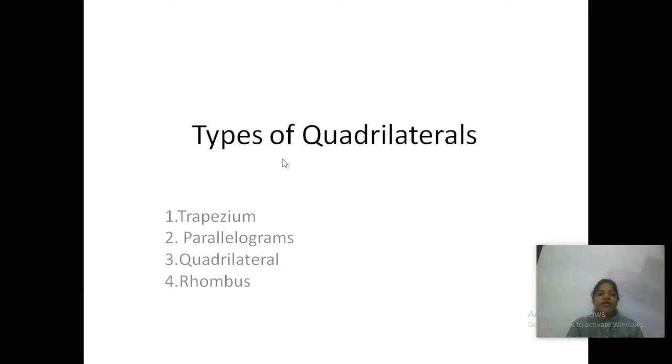So first one we have trapezium. We will make the trapezium with a cutout. I will show you how to make a trapezium. You will enjoy this activity at home also. Okay? You can make a trapezium by your hands. Okay? So, what will you do? Now, I will tell you how to make a trapezium. You will enjoy it.